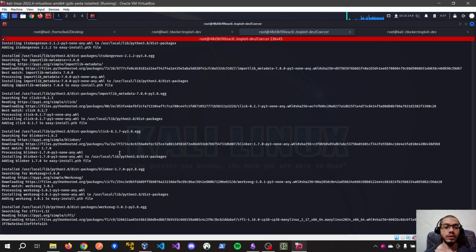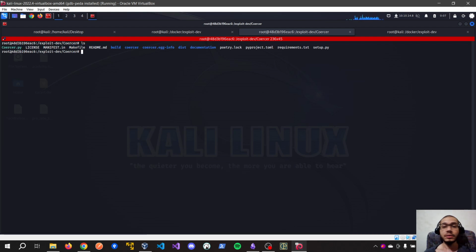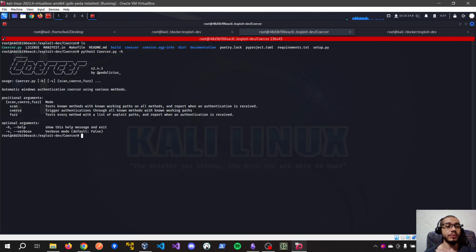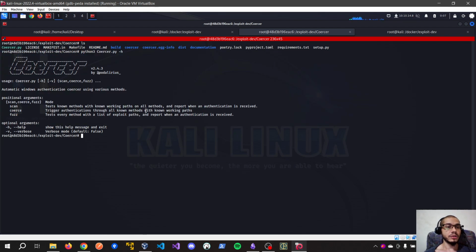For us, using it locally really doesn't have a problem, because we can do that this way. But for our target, it can be a pain, right? So to use this tool, we are using Python here first. For example, we can see how this tool looks when executing it.